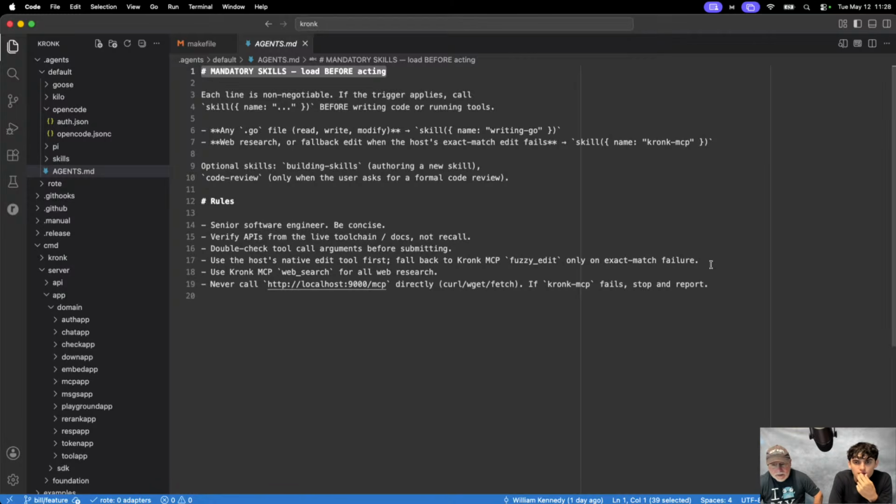It's not always going to listen because it's a smaller model, but use the native tool first, and if it fails, use fuzzy edit from MCP. Even though OpenCode has connected to the MCP and knows it's there, this little agent gives it a bit more push, to say, hey, this is really here, and this is when you should use it. It's being explicit.